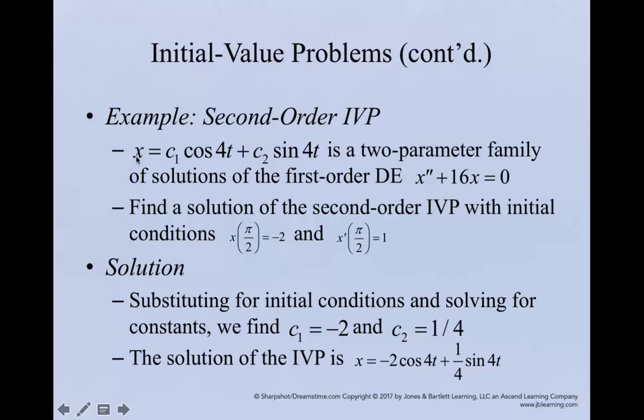So you would have minus 2 is c1 times the cosine of 2 pi plus c2 times the sine of 2 pi. This one is going to go to 0,